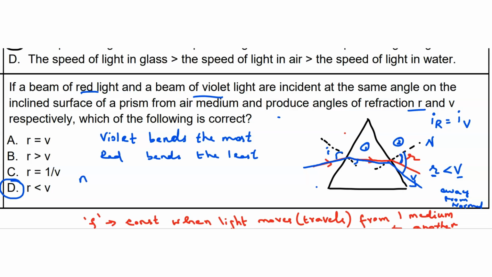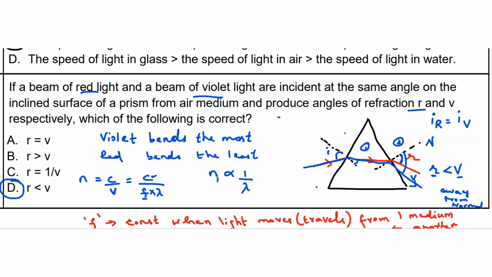What is the formula? n is equal to c by v. So I'm going to write this velocity of the light in the medium in terms of its frequency and wavelength. What is the formula relating v, f and lambda? It is nothing but speed of light is equal to frequency multiplied by wavelength. So n is c divided by f into lambda. Okay, so this c remains constant, and f, the frequency of the light, also remains constant when it moves from one medium to another. So n and lambda are inversely related.